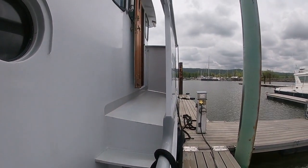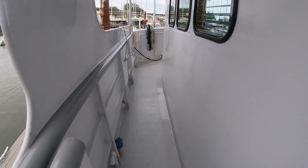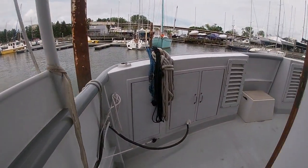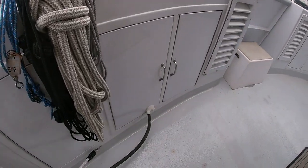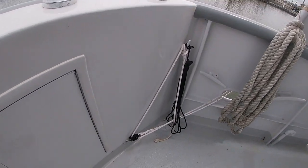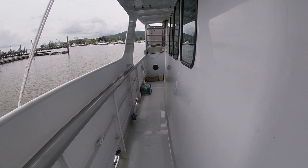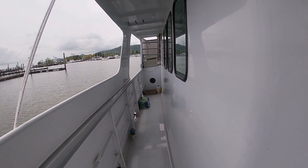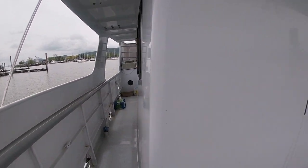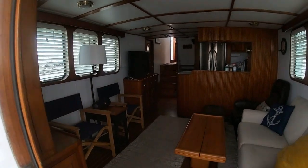This goes up to the pilot house and the foredeck, but we'll see that when we come in from a different direction. Down the starboard side deck to the cockpit. Storage lockers in the back here. Some of this rig is for docking, some is for the paravanes. The port side deck doesn't actually go anywhere apart from the door into the salon, which is where we're going. Double doors in the salon open up,